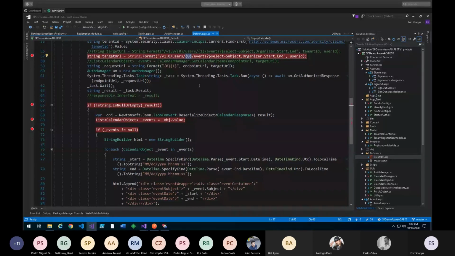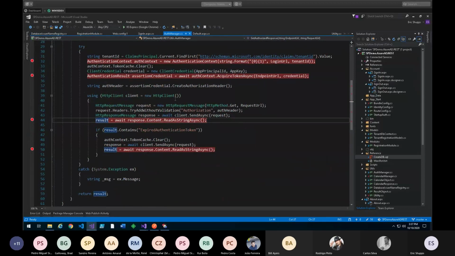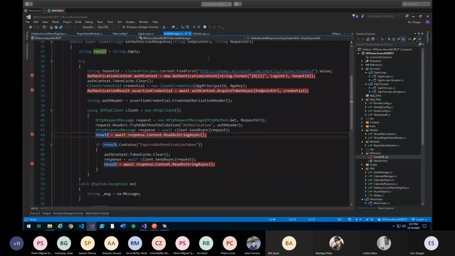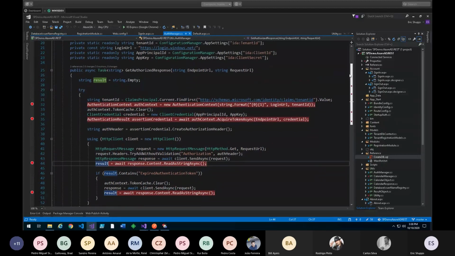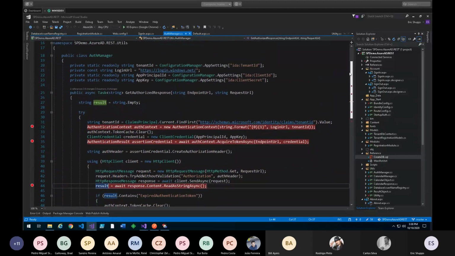So I can call any user as long as it's been authorized in Azure AD for me to do so. So I'm going to pass into this URL. Now to get, I first need an access token. So I have an authentication manager class that I've created here as a utility. And what it's going to do is it's first going to call an authentication context with the login URL and the tenant ID. Now, if I scroll up a little bit here, you can see that I'm pulling that information